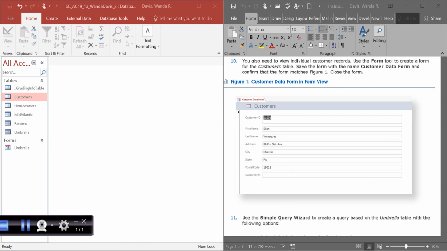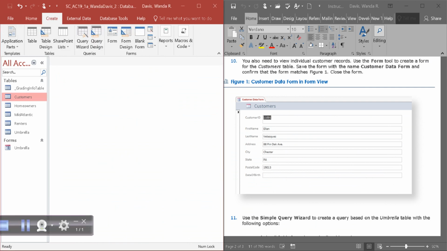Okay, so the next thing we're going to do, step 10, we need to create an individual customer records. We're going to create a form. Use the form to create a form for the customer's table. So we click on create. We come over here, we click on form. It says it creates a form that lets you enter information for one record at a time. If you click on form design, it says it creates a new blank form in design view. In design view, you can make advanced design changes. It didn't say create a form design, it said create a form. So click on form,